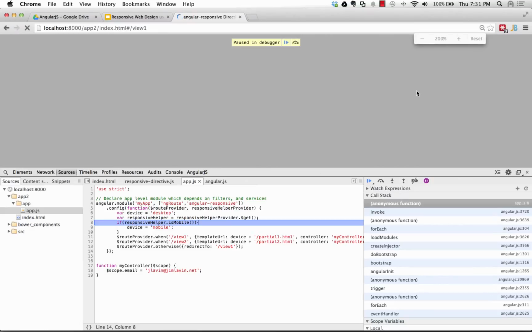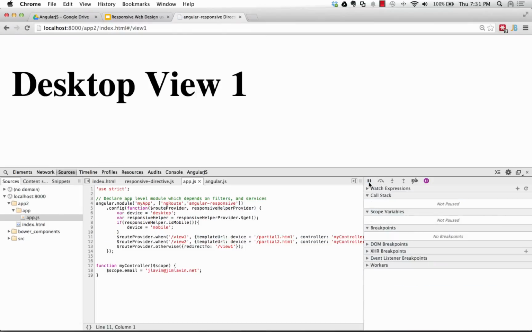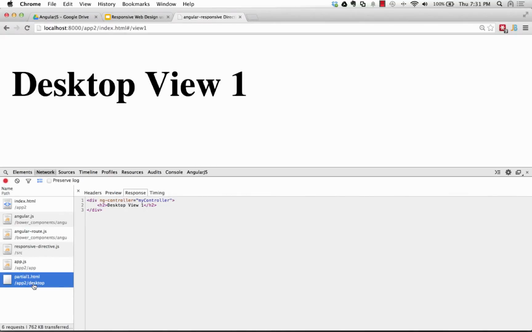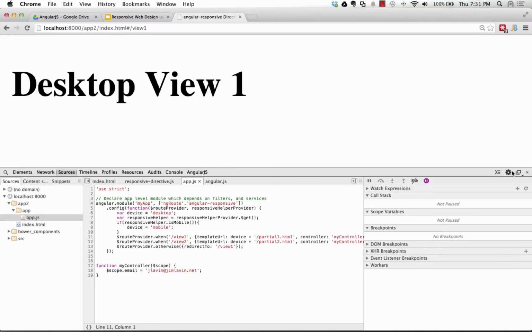He's not going to make it any bigger. But it's going to go through. It wasn't a mobile device, so it skipped over it, and we'll change it. But what I wanted to look at was the network here. If you notice that he actually got the partial 1 off of the desktop is where he went and got it. So now if I go back over here and let's go to sources, and we'll bring up this,